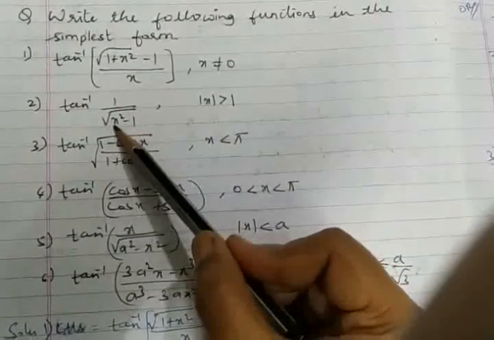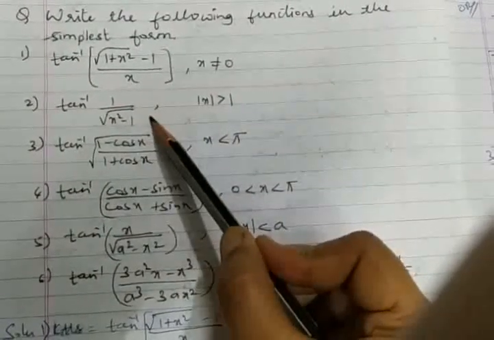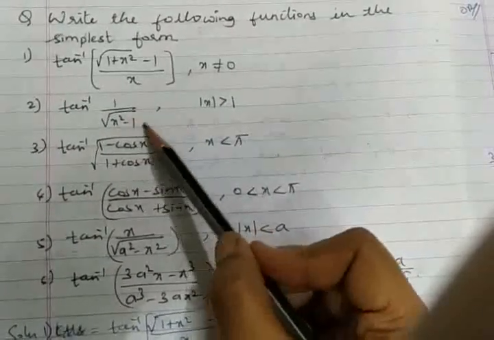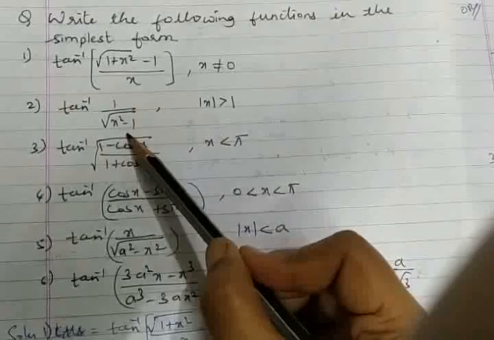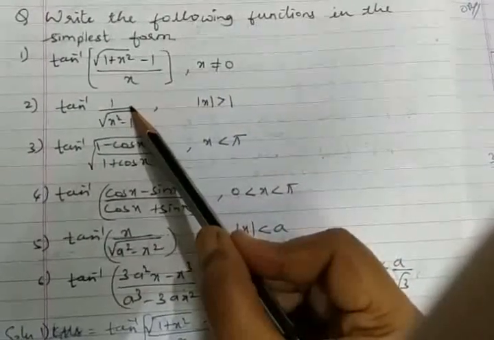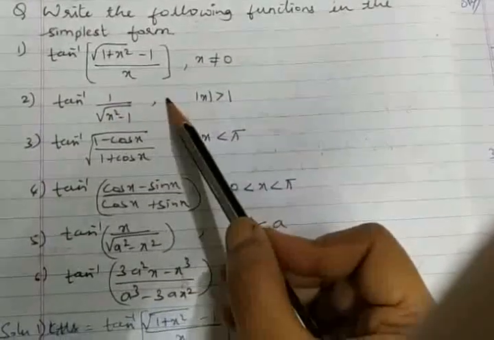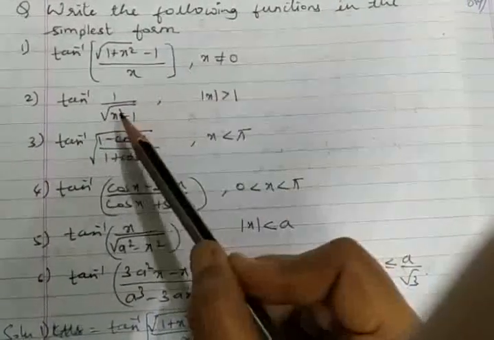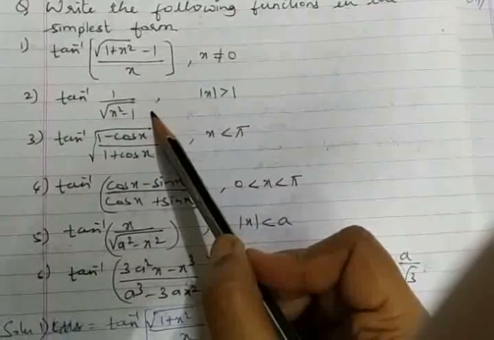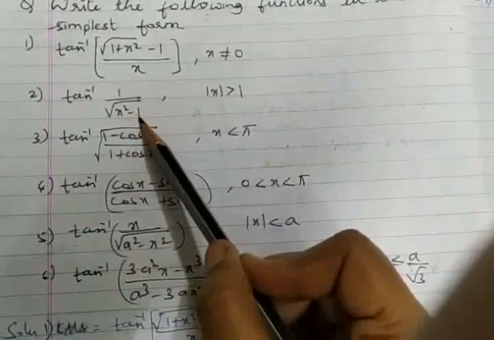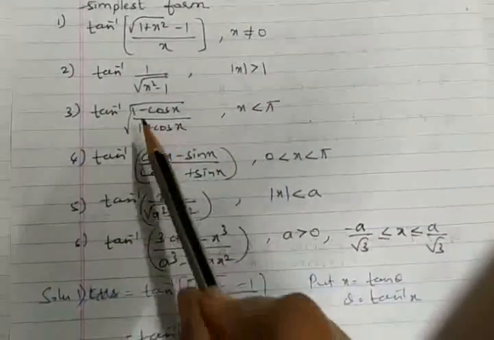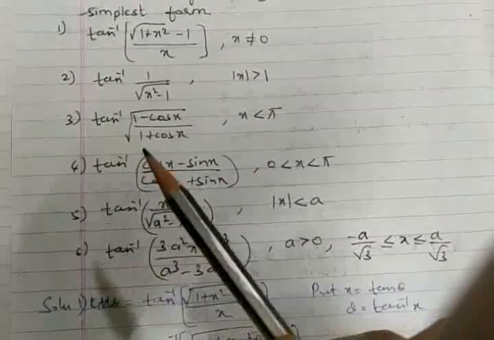Square root of secant square theta minus 1 reduces to tan square theta, which reduces to tan theta inside the root. It's 1 by tan theta, which goes to cot theta. Cot we can again take through the allied angle as tan of 90 minus theta and simplify it. Or you can even go for cosecant square theta minus 1, which will probably reduce easily for you. So let's go for the simplification part in the next video. Okay, this one is readymade, done.